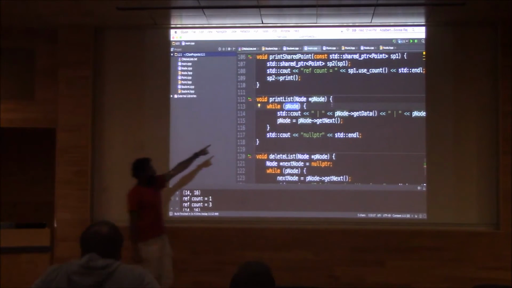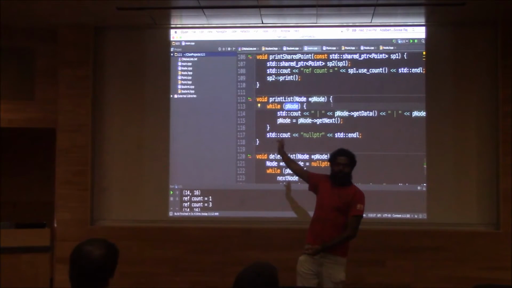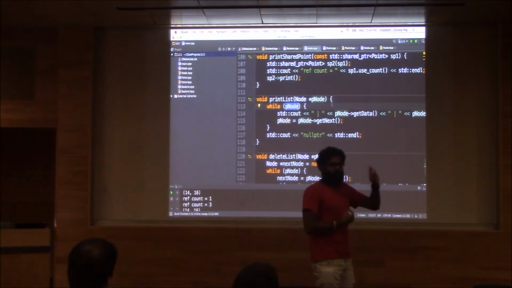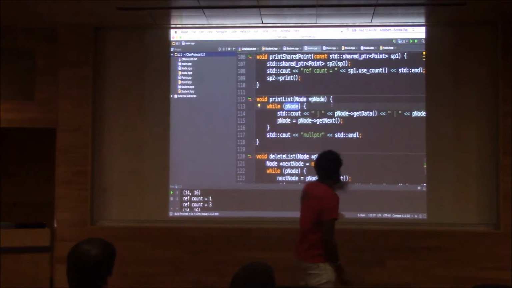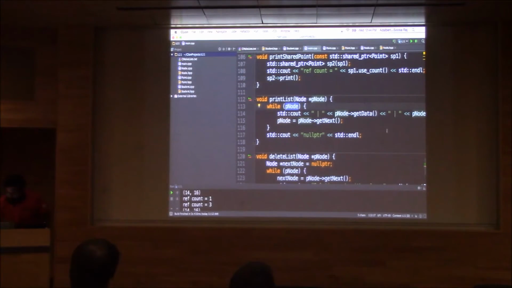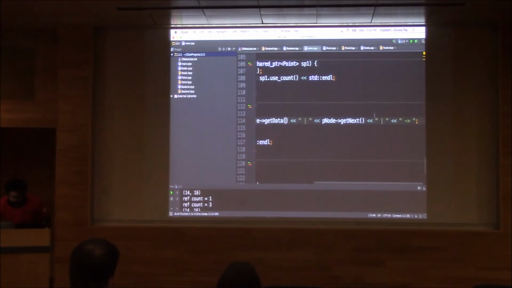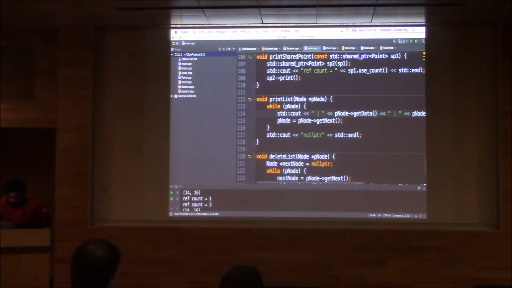And while p node, this just checks if the p node is not null. This just means while p node is not a null pointer, keep on going and print, cout, the node's data, and then print the node's next pointer, and then some formatting things. Then this line just says go to the next node: p node is p node dot next, get next, and this keeps on going. And if you run this,